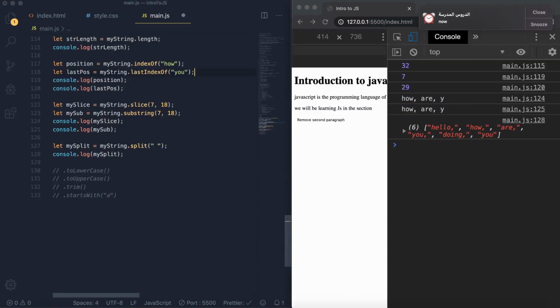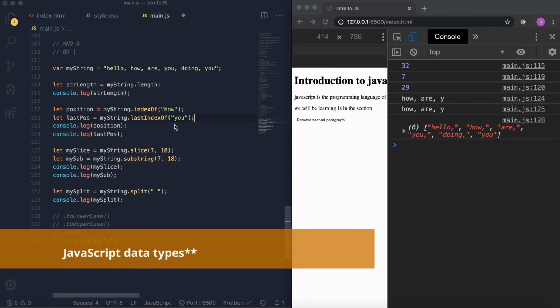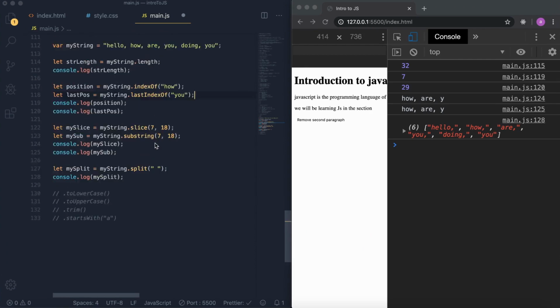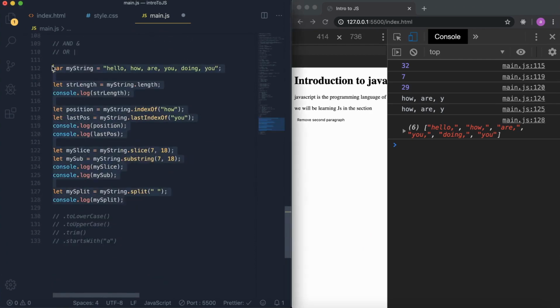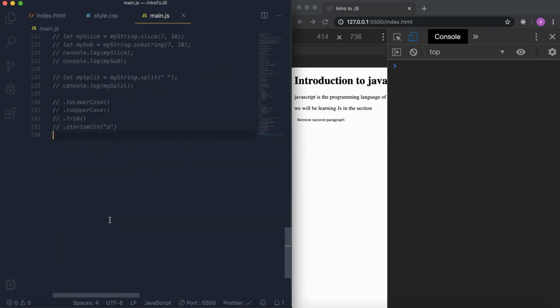Let us look at the properties or methods of numbers. All right, so number is the other type of JavaScript data types, and we are going to look at its methods. So first I want to, of course, comment out these codes so that they don't interfere. All right, now the console should be cleared. Okay, so before we go ahead, let's create a few numbers over here that we'll play around with. So number1 equals 5, number2 equals